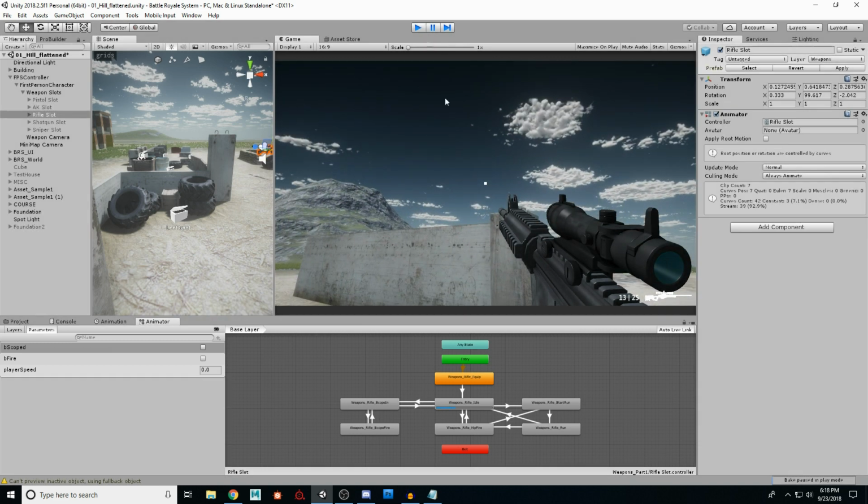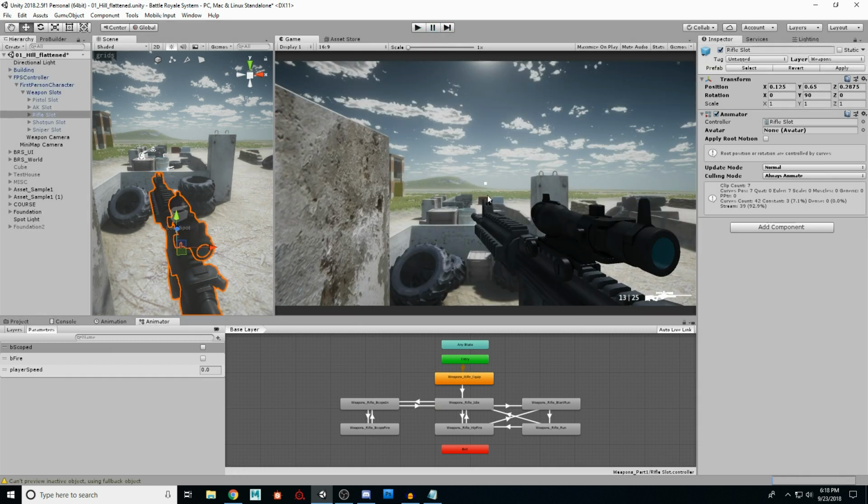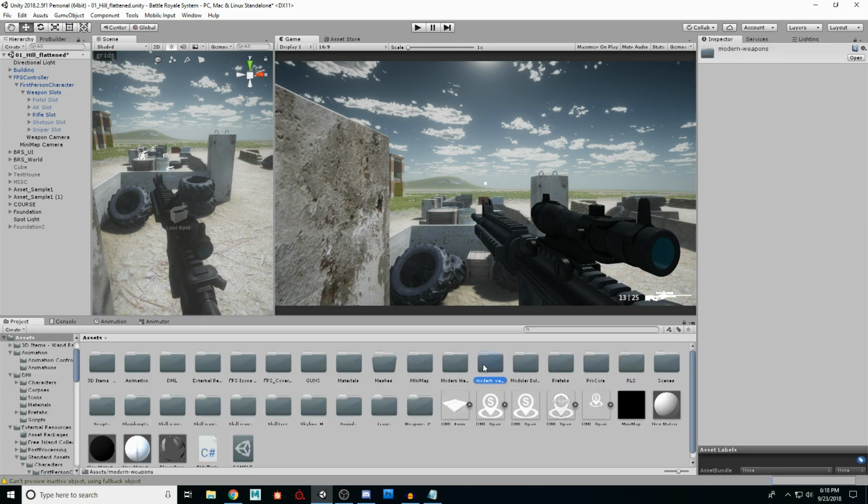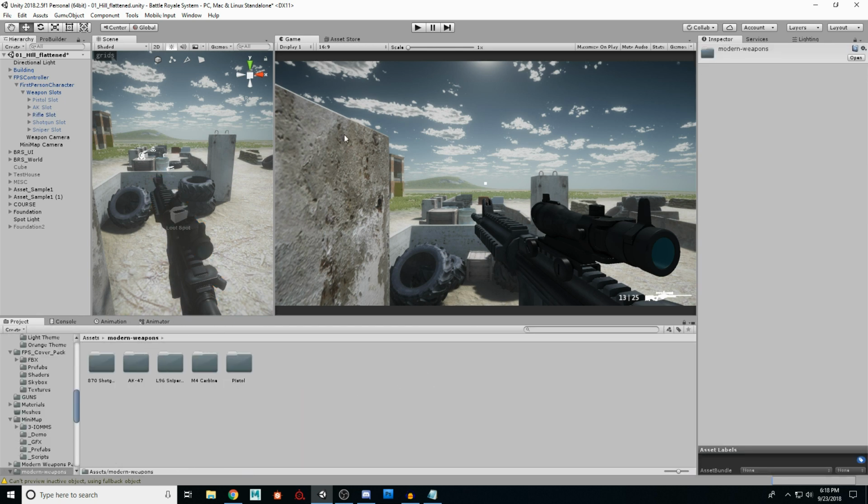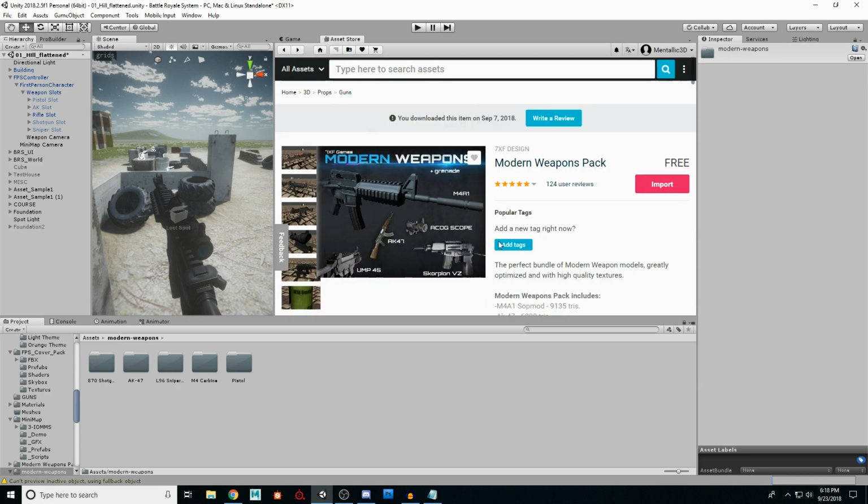All right. So first things first, you need some guns to play with, right? So let's go to the project view here, and you can see I use this modern weapon pack. Modern weapons, so I go to the asset store. This is the pack that I got here. It is free to download and import into your project, and I will be crediting this